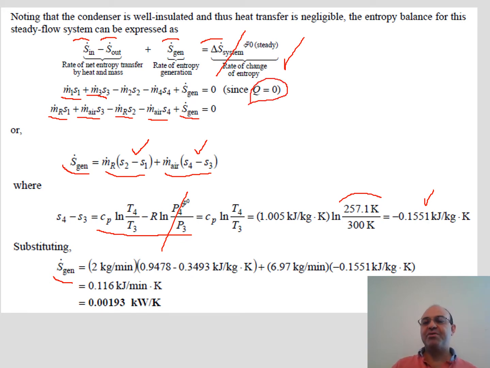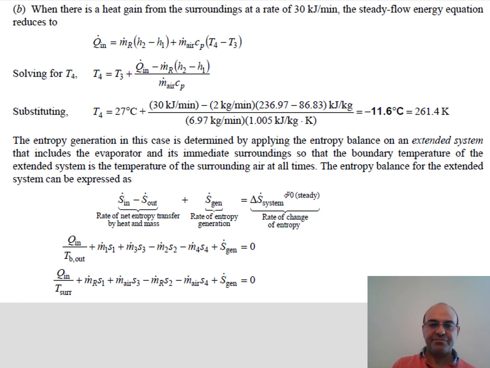Now part B of the problem is the same thing, but we do consider some heat addition to this control volume. So if you repeat the process with a non-zero Q, everything is the same as before, except that this Q is now non-zero. So we will have this Q term. If we repeat it, the temperature will be higher than before, but still it's negative. And if we write the entropy balance as well,